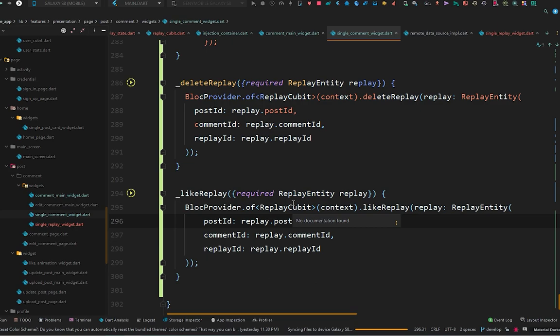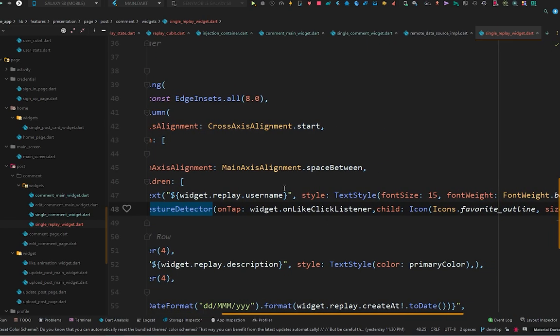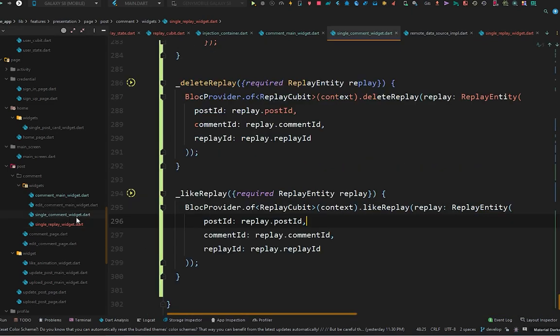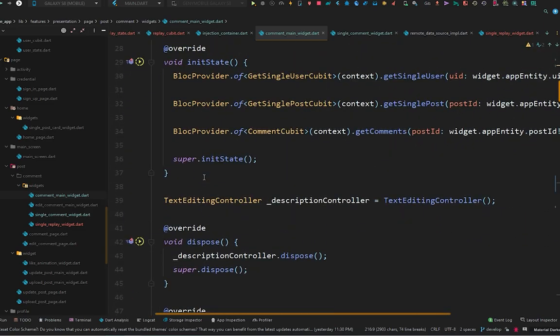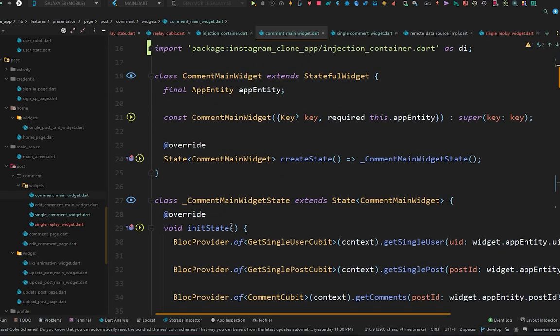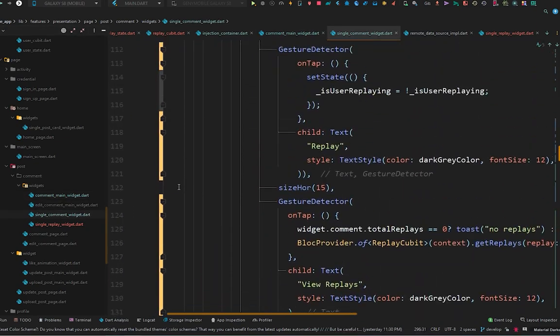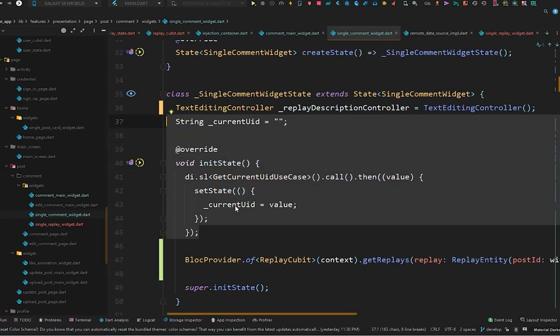Now again, how to start the application to also test this like reply. But we forgot one thing. In the single reply widget, we have to show something when we click this or when the like click listener is called. So for that, we know that we have to do one thing in the single comment, not in the single but the comment main widget. Here we have to copy one method, or it's not in here, maybe it's in the single comment main widget. So let's copy this from here, the current UID,